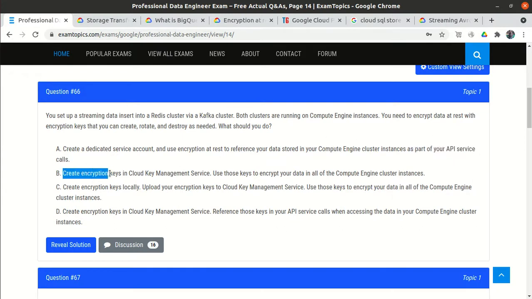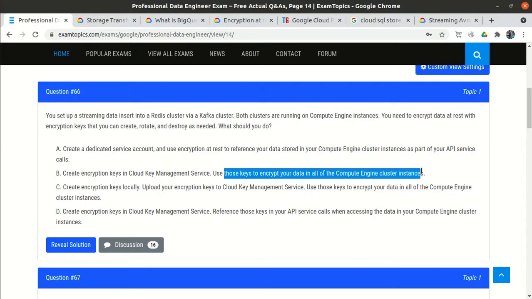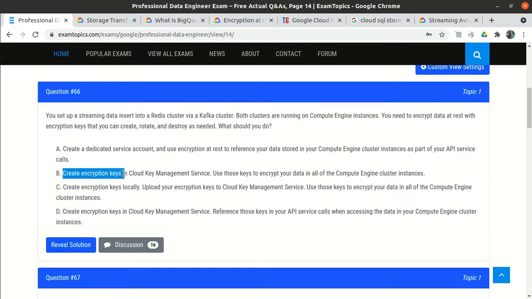The second option is to create encryption keys in the Cloud Key Management Service and use those keys to encrypt your data in all of the Compute Engine cluster instances. This looks okay, because we can create encryption keys with Cloud KMS. KMS is the key management service where all the keys get stored and maintained.